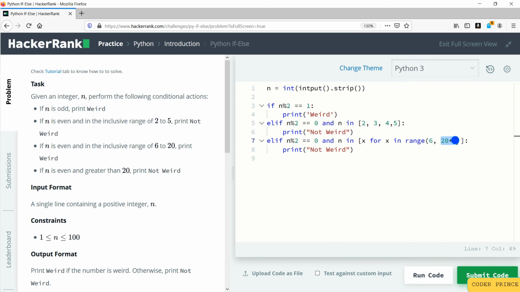So whatever the value you give, minus 1, so it is 20 plus 1, which can be written as 21. So it goes from 6 to 20. So this list value will be x for every x in this range. So here first x will be 6, then it will be 7, 8 up to 20. So you check n is in this range. If it is true, you print weird.